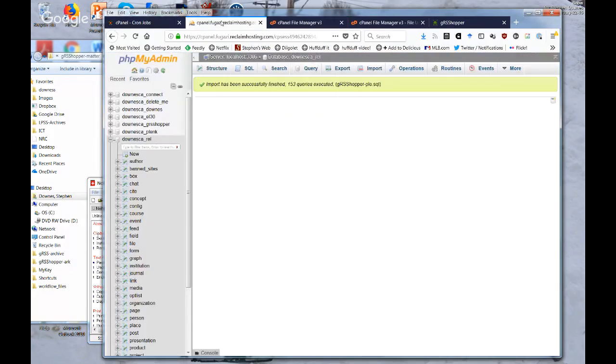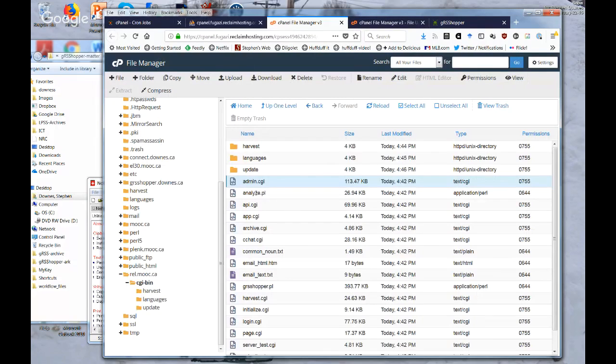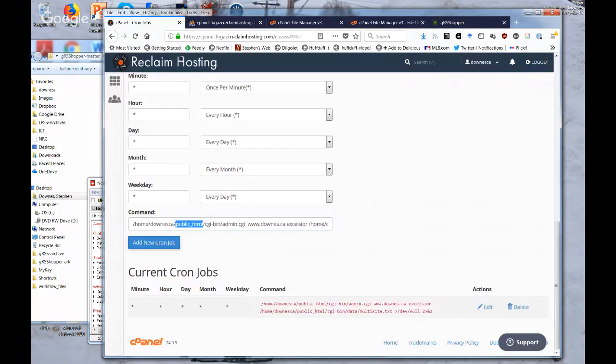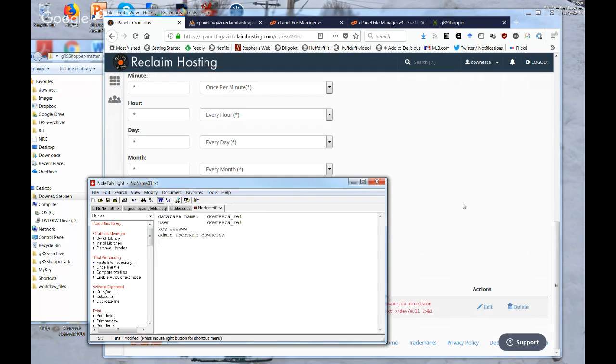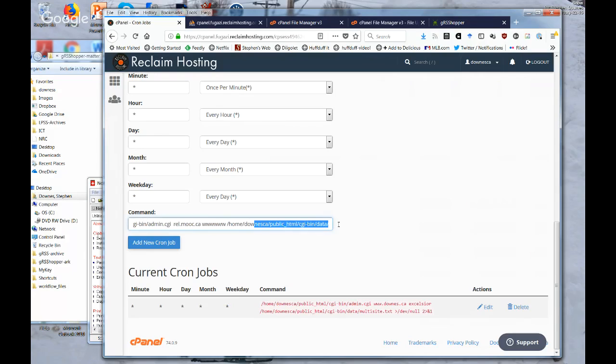It'll be the directory for, let me find it. rel.mooc.ca. So let's go back here. rel.mooc.ca, CGI bin, admin.cgi. Now your site name, whatever it is, rel.mooc.ca. Now your key, www. Remember we wrote that down earlier? See, I just remembered it. Right? And then